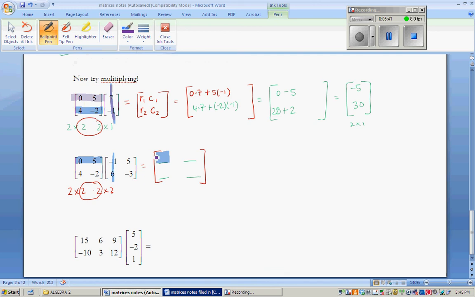We're going to do 0 times -1, which is great, plus 5 times 6, which is 30. Then for our next one, if we want to be down here in row 2, you would want to do row 2 times column 1. So 4 times -1 is -4, plus -2 times 6, which is -12. So -4 minus 12. It's up to you to finish the rest, bring it to class,